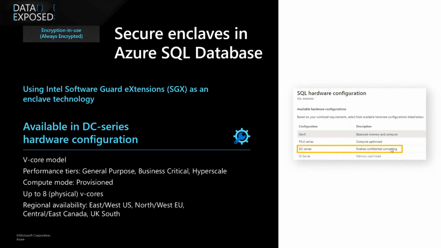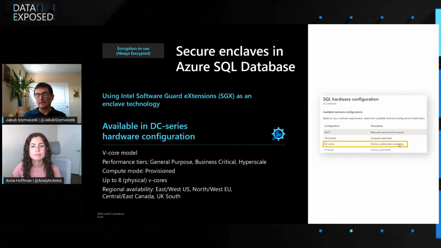Which means that we needed to give you an ability to control where your database is placed, and to give you a way to express that you want to run your database on hardware that is equipped with Intel SGX. And that's what we did. We added a new option in the vCore model under SQL hardware configuration. We call this option DC series. When you enable it, your database is automatically placed on hardware equipped with Intel SGX,